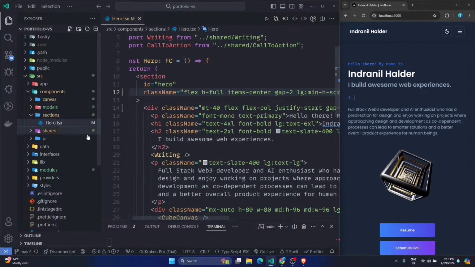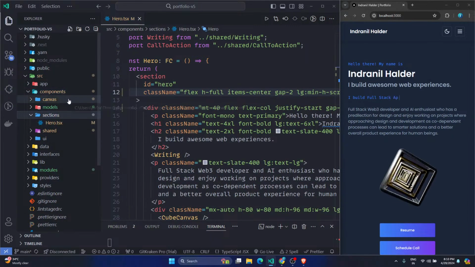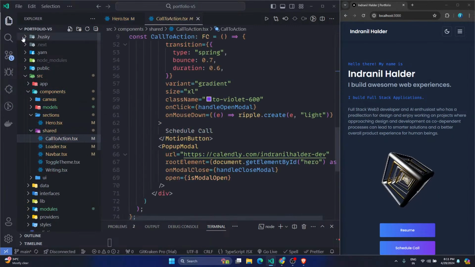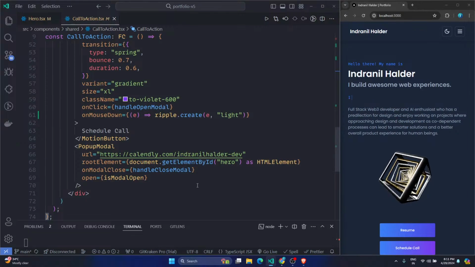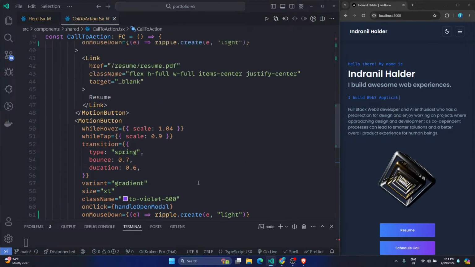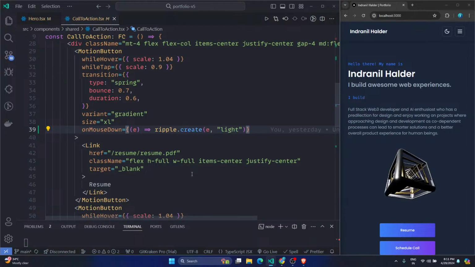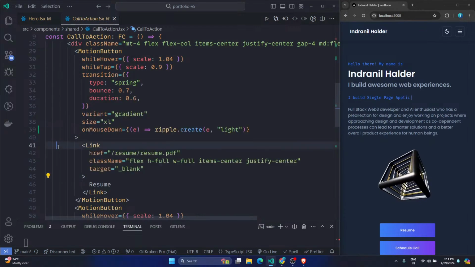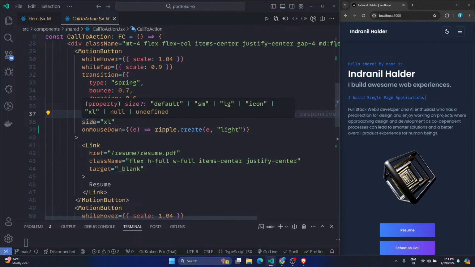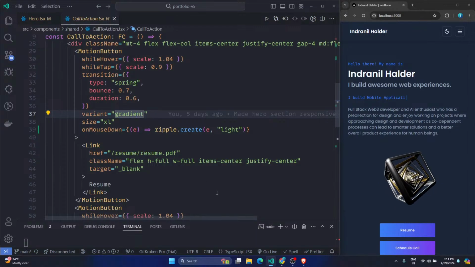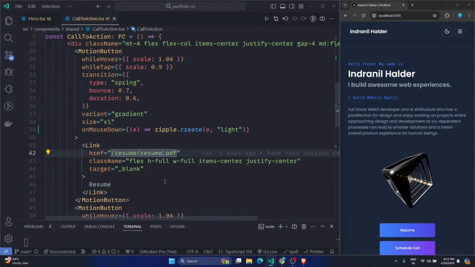But in the components, shared, call to action, these buttons are a little bit large. If we can conditionally do something like that, I believe that might be beneficial. If not, then